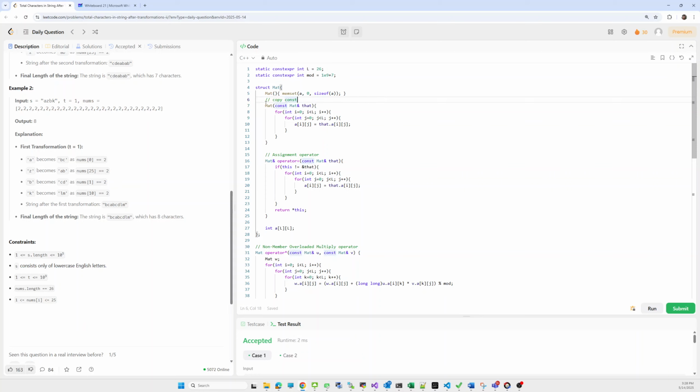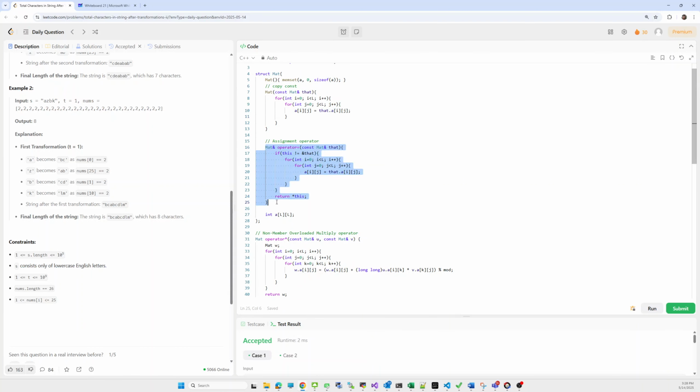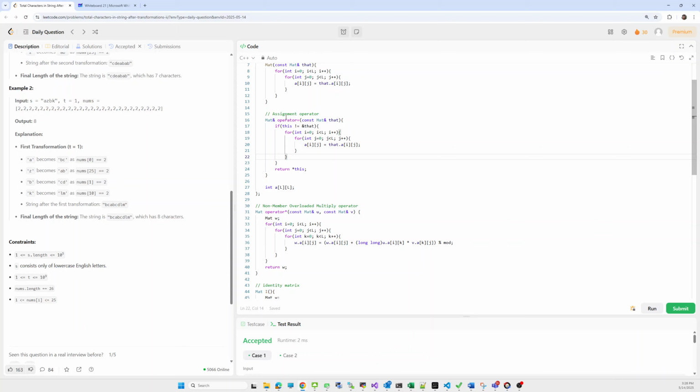Here we are taking a copy constructor. In this copy constructor, we are initializing a matrix from another matrix, and each element is initialized from that matrix. Similarly, here is an assignment operator. We have given the overloaded method for the assignment operator, so that we can create one matrix from another in this way, A equal to B. This A and B are both already constructed matrices, so we are just initializing the matrix A from B.